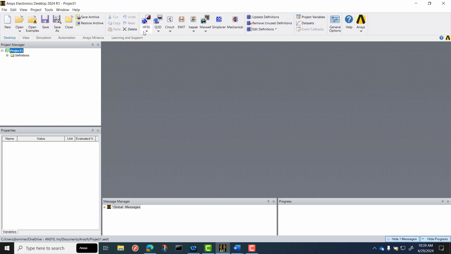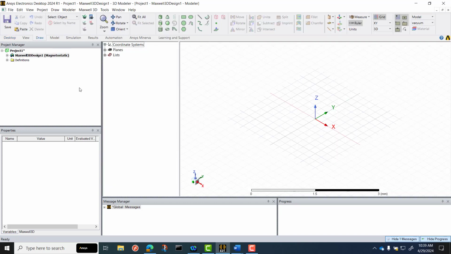So we're not going to talk about all of these today. These are different design types. Over the course of this series, you'll probably be introduced to a few of them. We're going to focus on a Maxwell design. So if you watch what happens on the left-hand side in project, as soon as I hit that button and choose Maxwell3D, you'll notice that things change a little bit on the windows. There's a Maxwell design type that shows up here, so I'm allowed to have multiple design types if I want